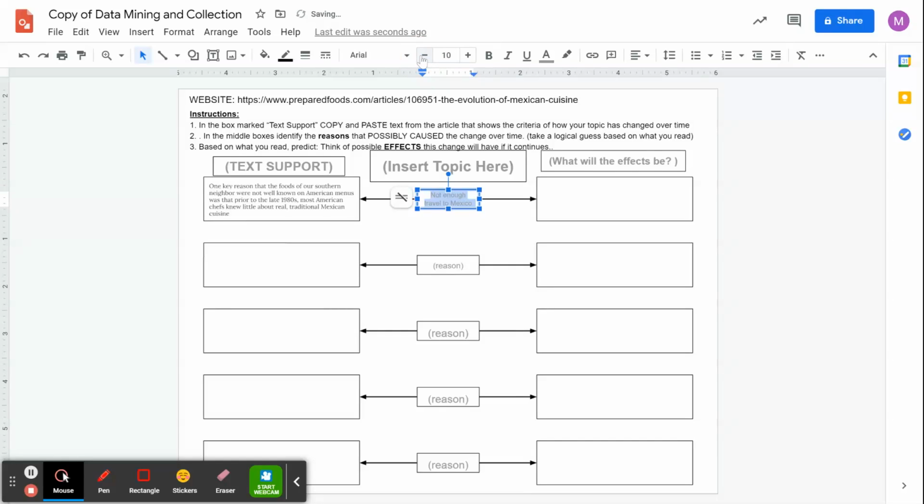Again, I'm formatting to make sure that it fits inside my boxes. What would the effects of that be? So this is my prediction. Think of possible effects if that change continues. If people are not traveling to Mexico and people are not learning about Mexican food,